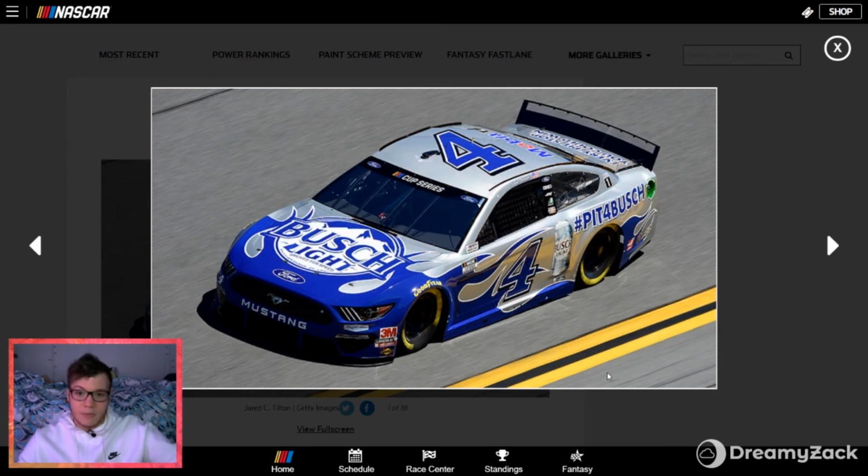This paint scheme is really interesting. I don't know if this is the new Busch Light paint scheme or not, but it's got a silver background with the deep blue flames. I don't know if they're metallic flames or not. This is a situation where I'm not exactly sure why they're using flames. I feel like flames are very easily cliche, especially after the Jeff Gordon era of paint schemes,